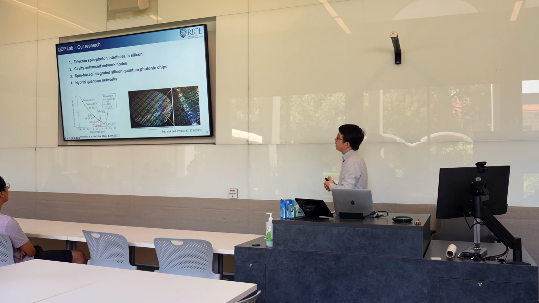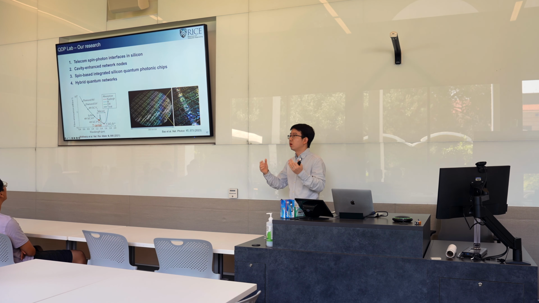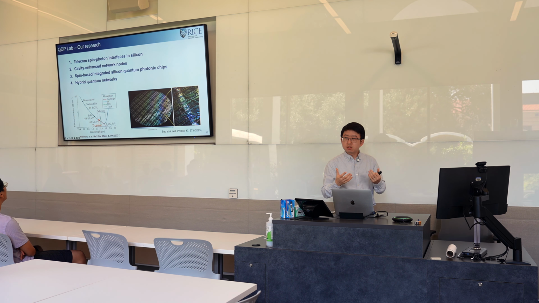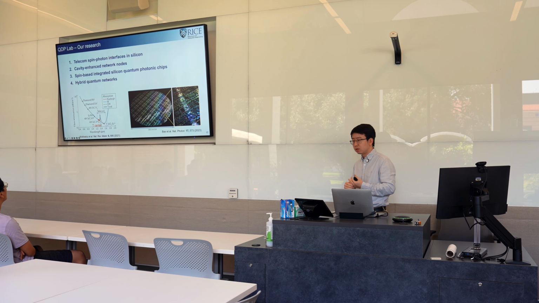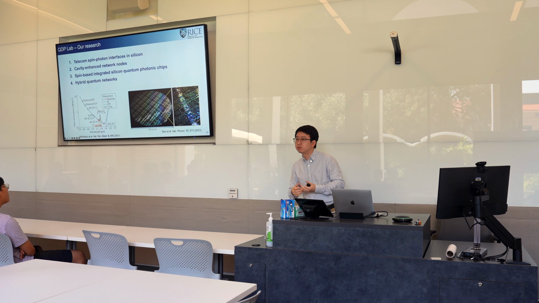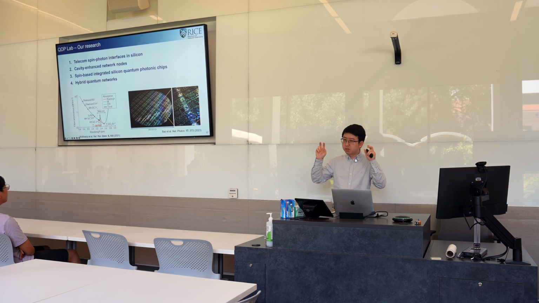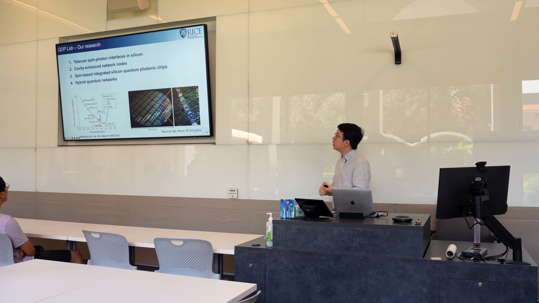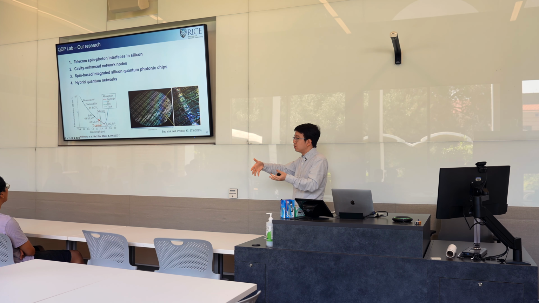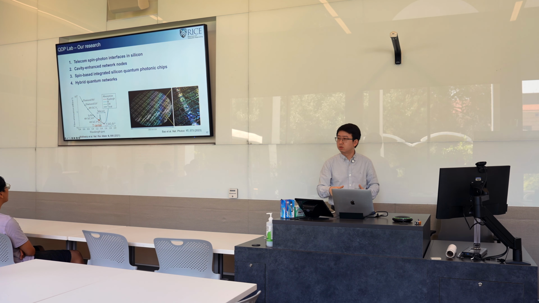The other big chunk of our research is to play with this quantum optics system. The T center has some limitations. For example, the low Debye-Waller factor, which means that only about 23% of the emission is going into the so-called zero phonon line. We want to enhance that, and also we want to accelerate the fluorescence emission. So what we do is we put the T center in a photonic cavity, and then we use this thing called the Purcell effect to accelerate